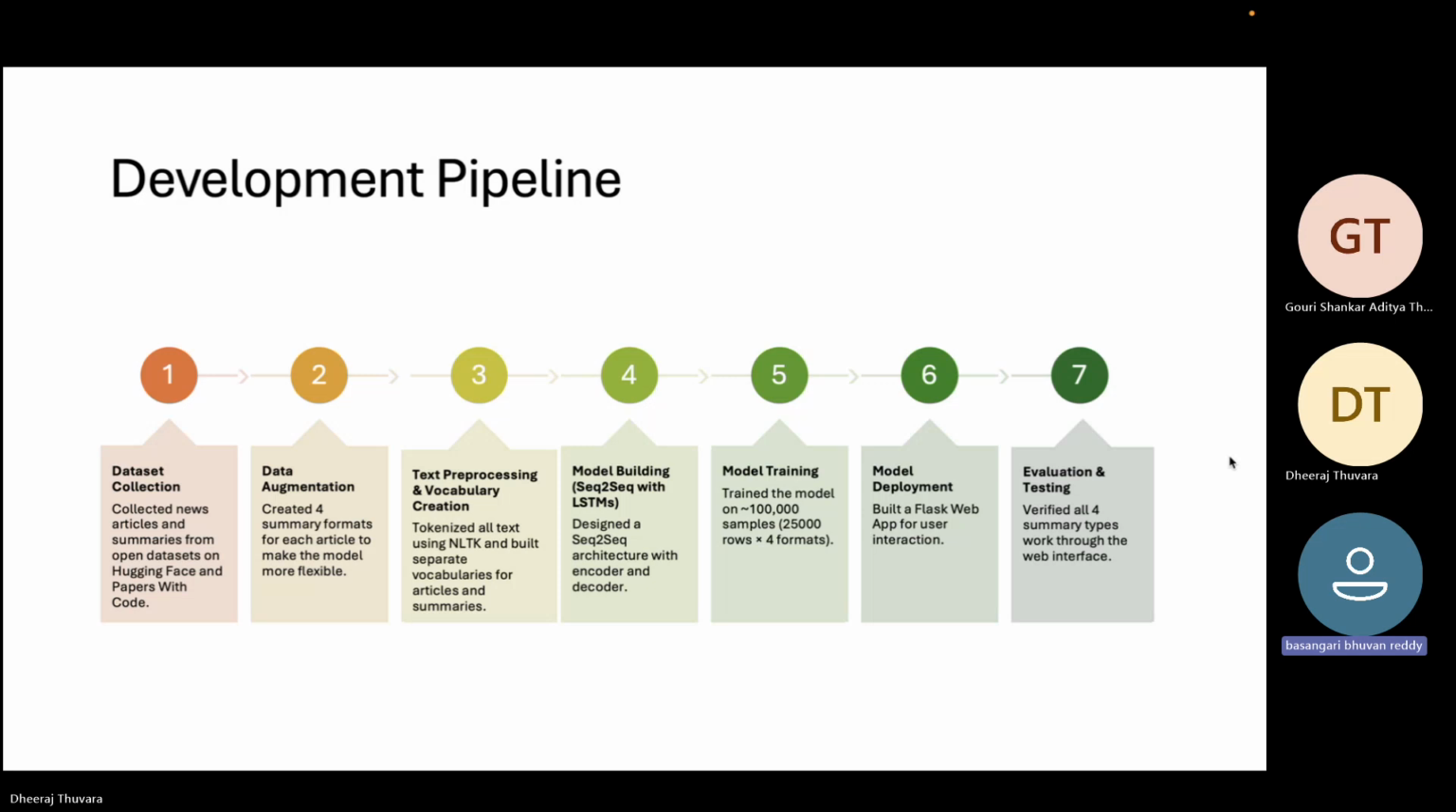And then we started building a model using this sequence-to-sequence LSTM. LSTM stands for long short-term memory, and this is used because the model needs to memorize the whole paragraph in order to generate an abstractive summary. Here the main parts are the encoder and decoder, which are used to make sure that the whole